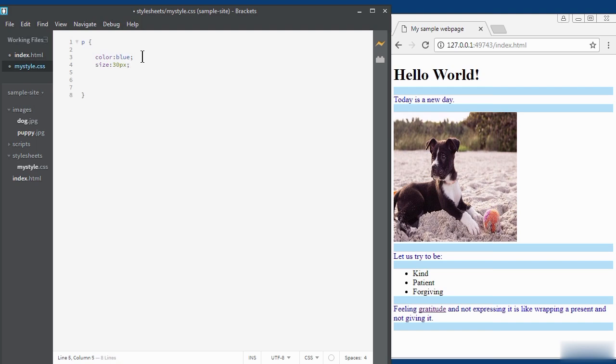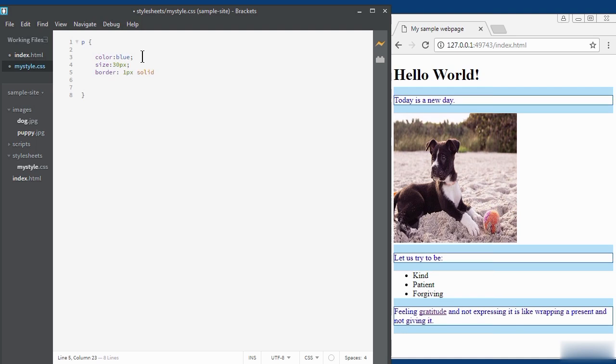And let's say I want to apply a border to the paragraph. So I type in border. This will be the border property, and then a colon to separate the property from the property value. And I want this to have a 1 pixel solid border that would have a color of red. Okay, so that's it. When you're writing your CSS, always make sure you terminate each property and value with the